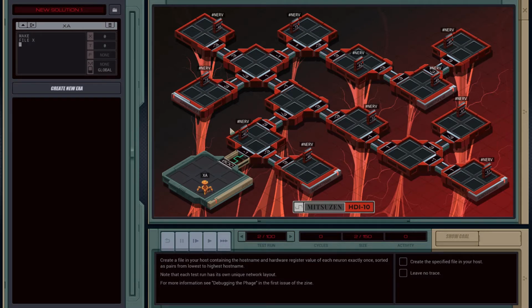You could instead append that to the file, and somehow manage both of those things in addition to the directional stack. But it seems cleaner to, the first time you visit a node, when you are pushing its return address onto the stack, also, before doing any of that, just spawn off an EXA that broadcasts the nerve, and if there was a nerve, the host name, and then halts.